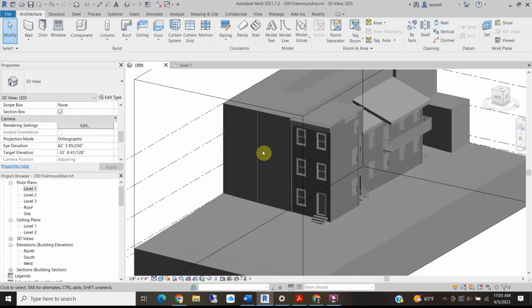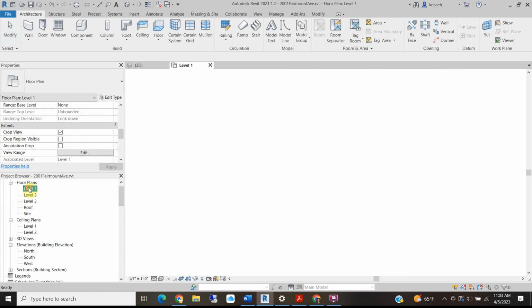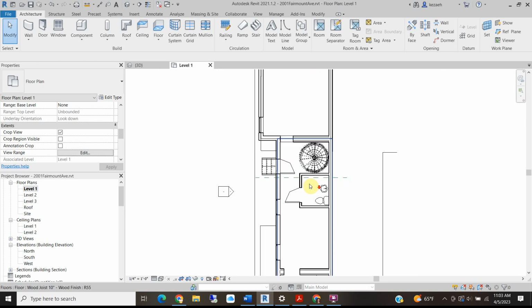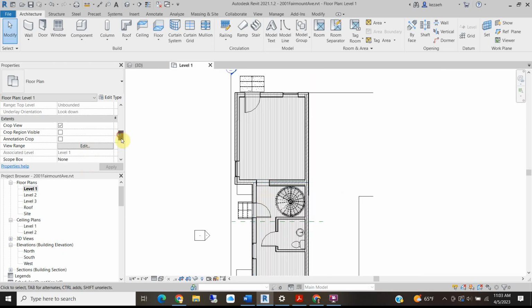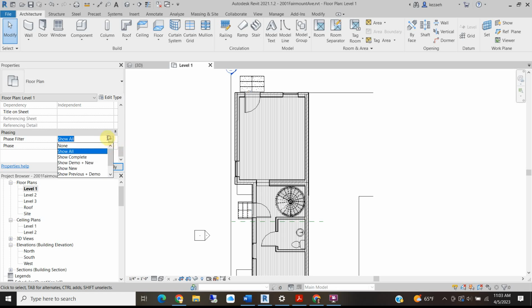Okay. So this tutorial is a little bit different in that I am not expecting everyone to make the same changes that I am making. I want you to think about what your design will be and then change things accordingly. So change things the way that you would like them to be. I have not pre-thought about what changes I'm making. So I'm going to go to level 1 and just take a look at it. I'm going to come over here, go down to my phase filter, change my phase to renovation, change my phase filter to show previous and new,